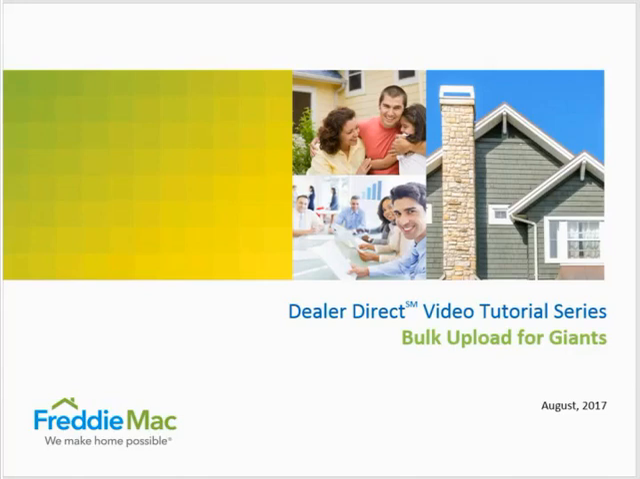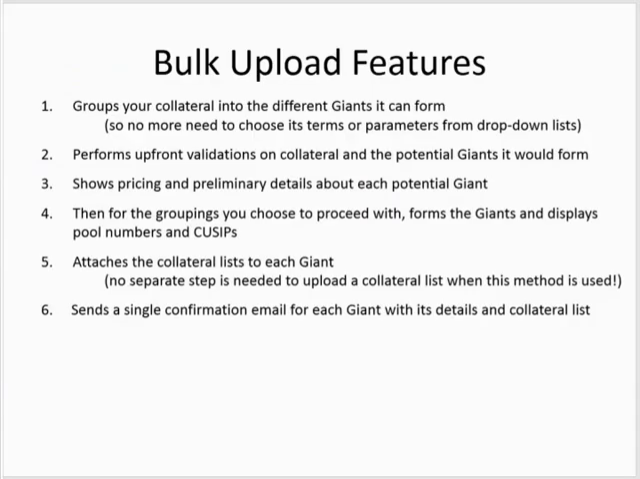In response to your request, we are introducing an exciting new feature for bulk collateral upload, giving you a new and easier option to form Giants. This feature lets you upload a list of collateral to have Dealer Direct automatically do the following in one streamlined session. Whether you predetermine the Giant groups or just upload a list of mismatched collateral to have us sort out, it groups your collateral into the Giants it can form, so no more need to choose its terms or parameters from drop-down lists. It performs upfront validations on collateral and potential Giants it would form, and shows pricing and preliminary details about